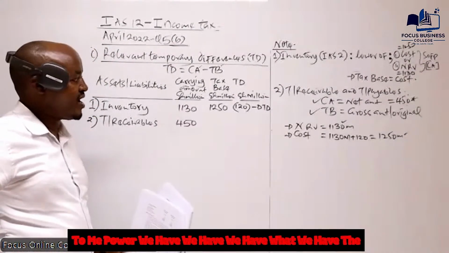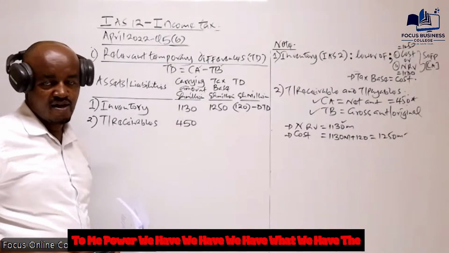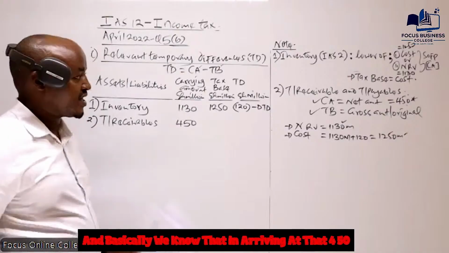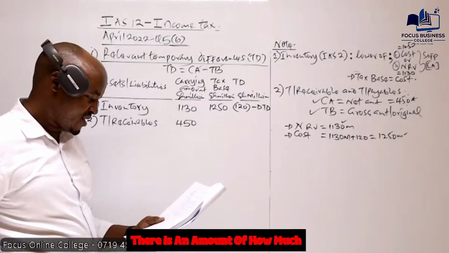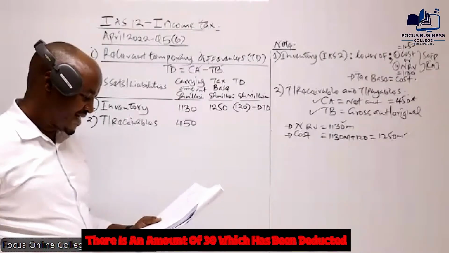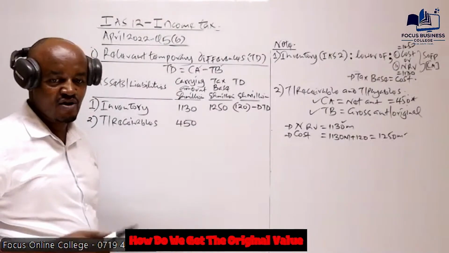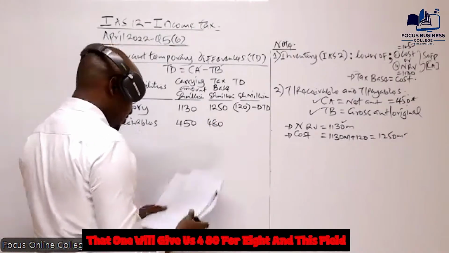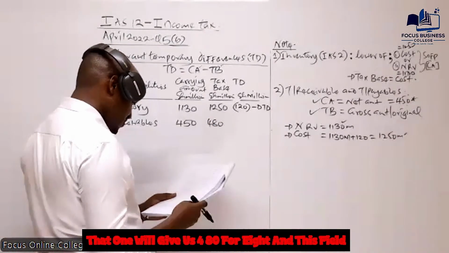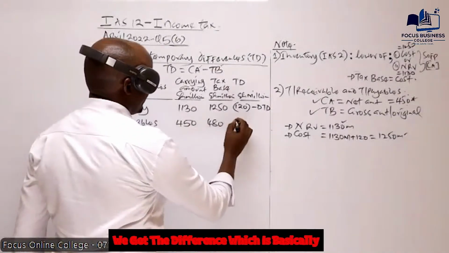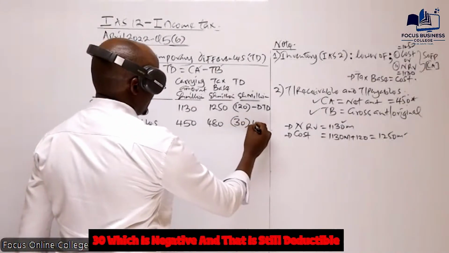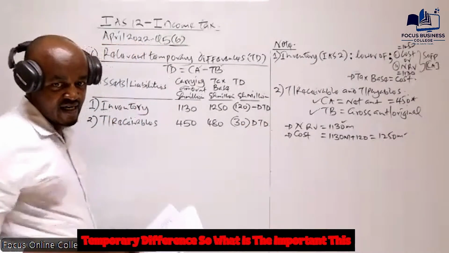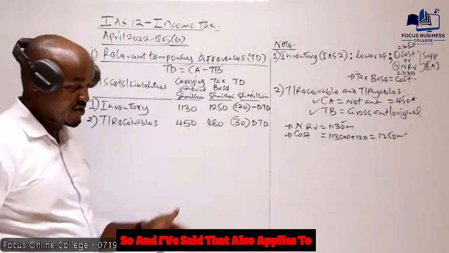We have the net amount. The net amount is 450. Basically, we know that in arriving at that 450, there is an amount of 30 which has been deducted. How do we get the original value? We add back. So basically, that will give us 480. And we get the difference, which is basically 30, which is negative, and that is a deductible temporary difference. So what is important? This, and I've said that also applies to